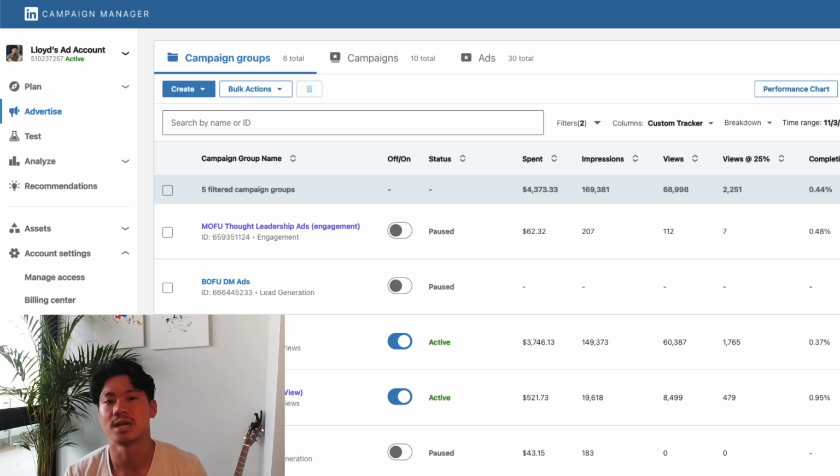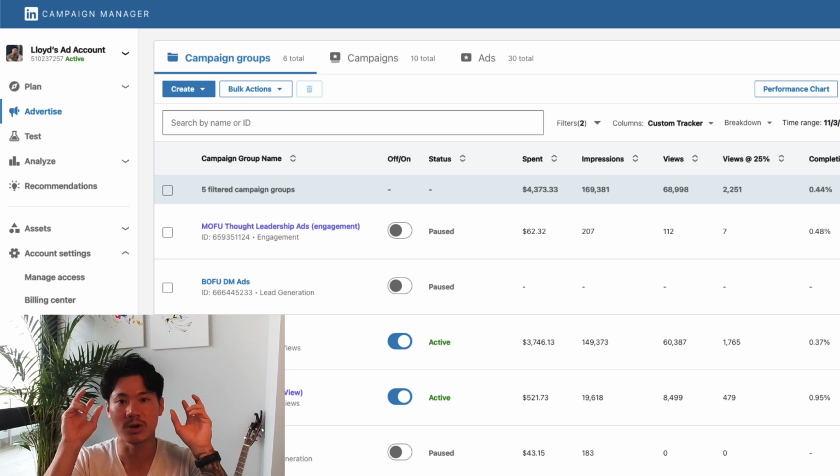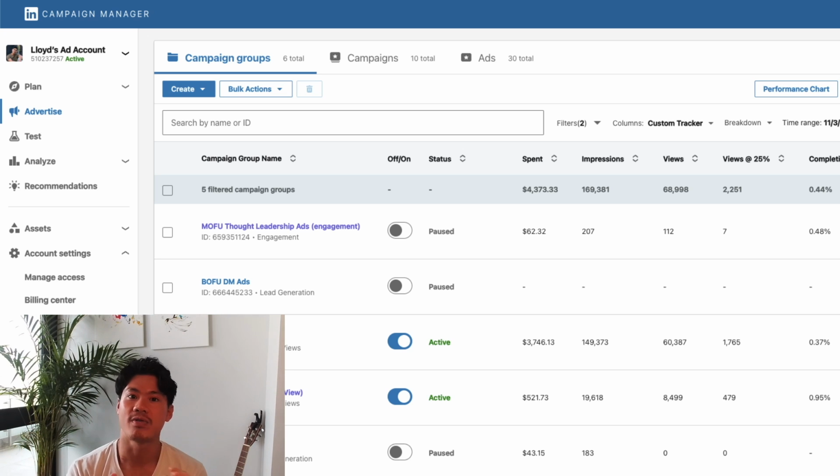So the best analogy that I can use for this overall structure is this. Think about your campaign group almost like an entire company. It's the container for everything else. But then once you move down a layer to the campaign level, you can almost think about them as senior management, where they actually define the rules and the vision and the budget and all that good stuff. And then you get all the way down to the front line, lower level employees, and they represent the individual ads, where the ads obviously are only functional for that specific thing. They are providing the creative, the messaging, the calls to action, but they don't set any of the rules necessarily.